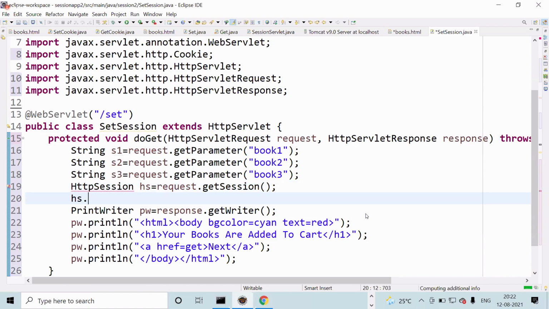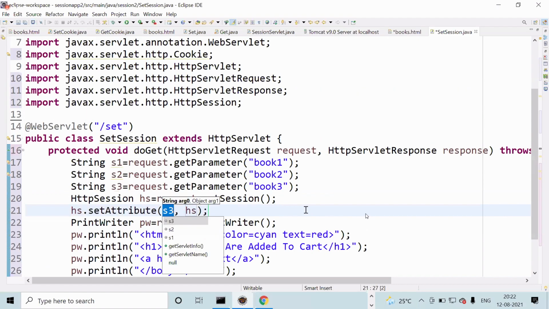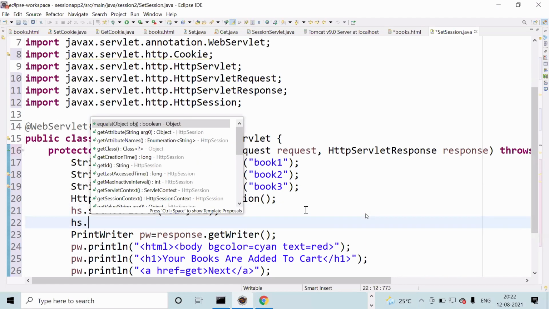Here, hs dot setAttribute. With setAttribute, the first parameter is the session variable, for example b1, here s1. Like this, hs dot setAttribute.